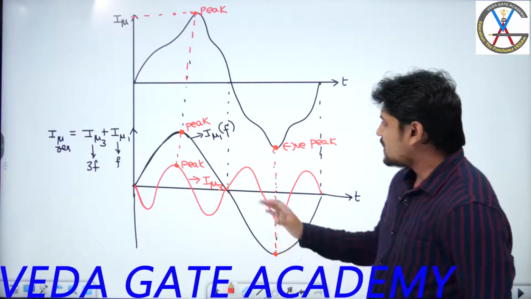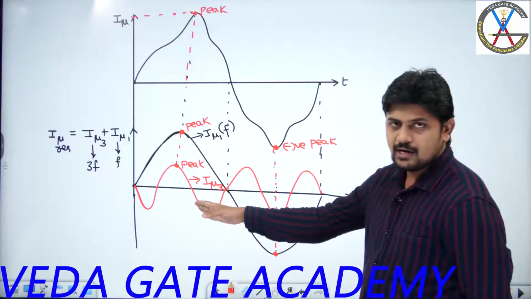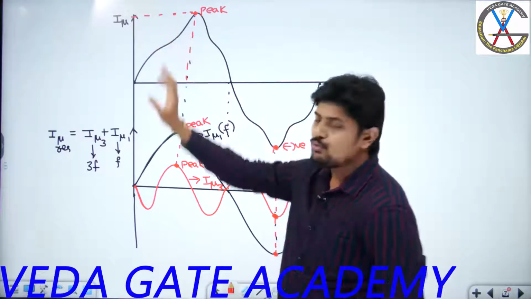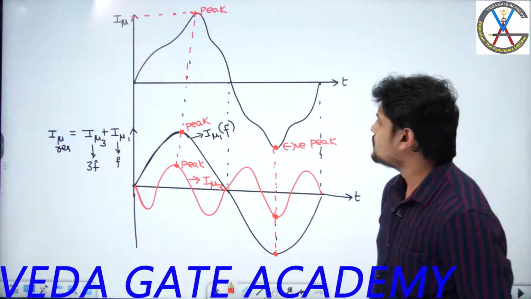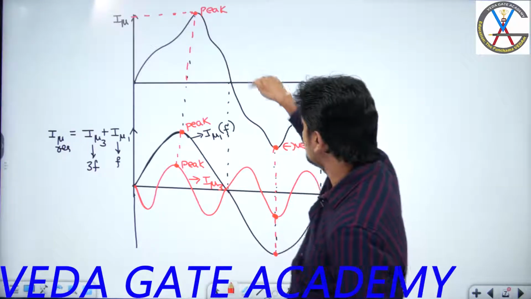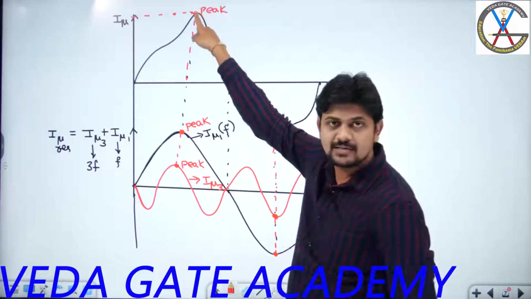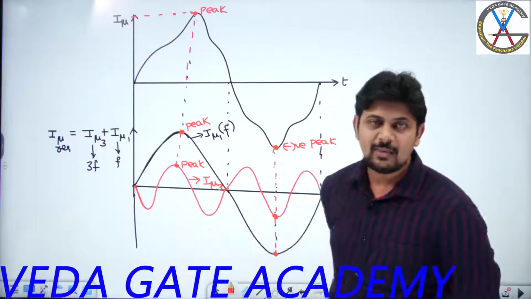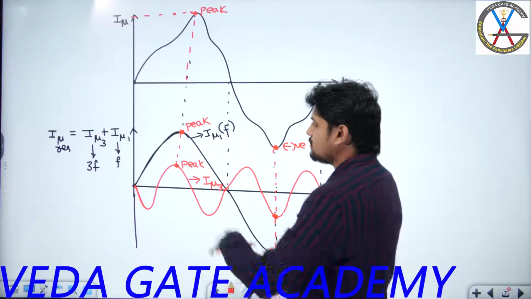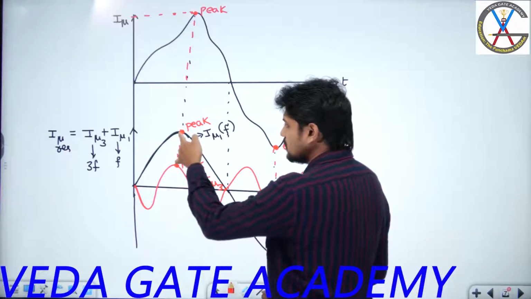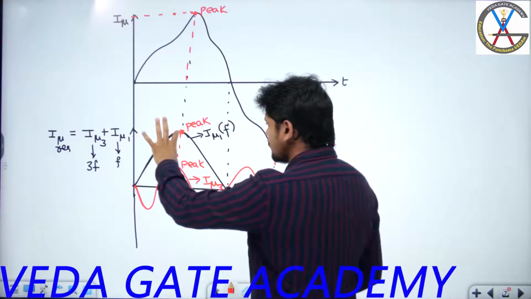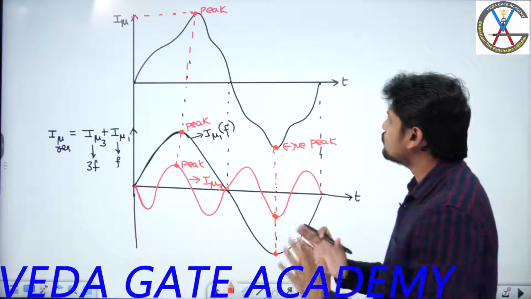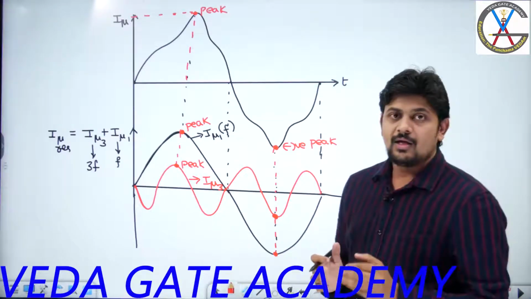So the addition of the third harmonic component of current with the fundamental will give the resultant shape of I mu as a non-sinusoidal waveform, which is peaky in nature. This non-sinusoidal waveform will have peakiness in the magnitude. That peakiness practically occurs because of magnetic saturation, and here I have explained with a graph. This is the third harmonic current, this is the fundamental current, and these two are added so that you get the peak. Have you understood this point?